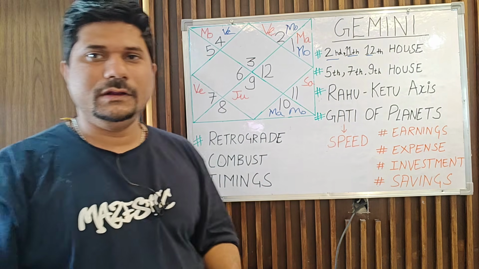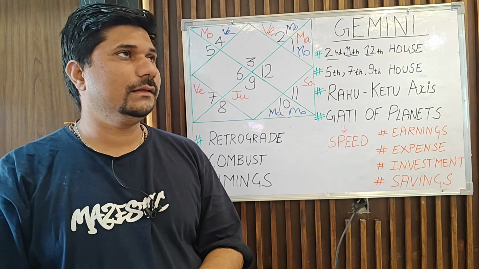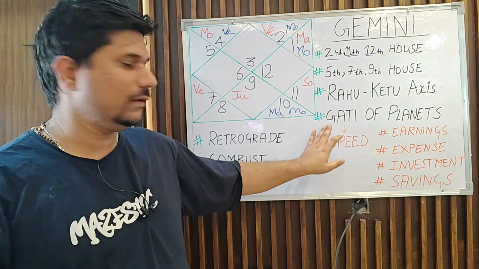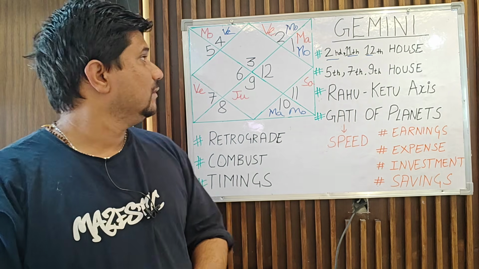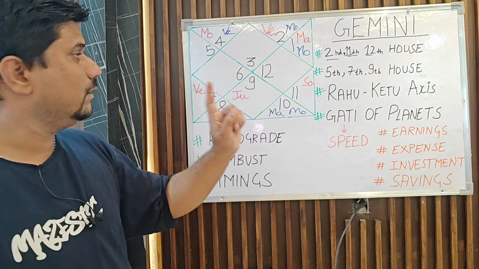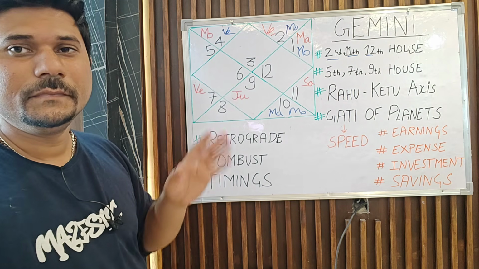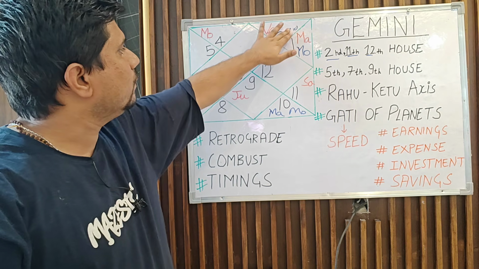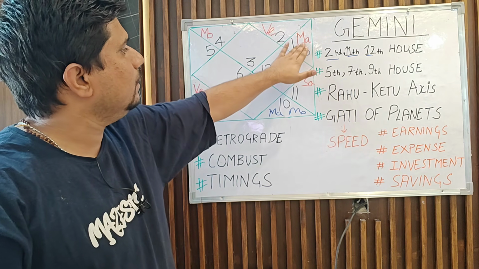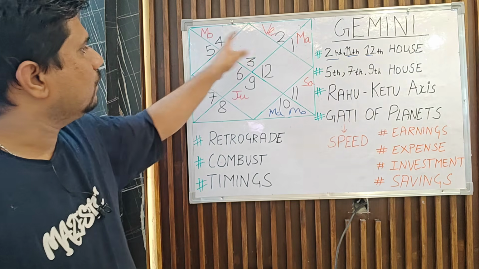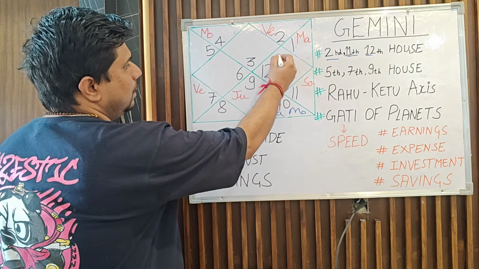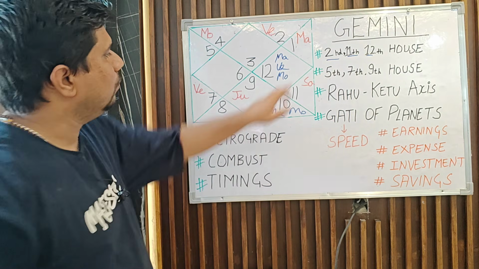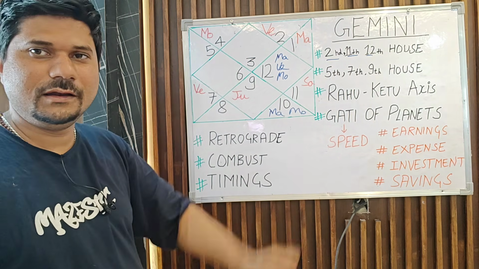You see, many a times for Gemini Ascendant people, there are many combinations in your horoscope that are creating the yogas of easy wealth also, which I'm going to discuss in the speed or gati of planets. But you understand the first important thumb rule, the study of these three houses. Now even for example, if all three house lords are conjunct in one single house, for example, your Mars, Venus and Moon are conjunct up there. It's Mars, it's Venus and it's Moon. So you see all three money house lords are conjunct in one single house.